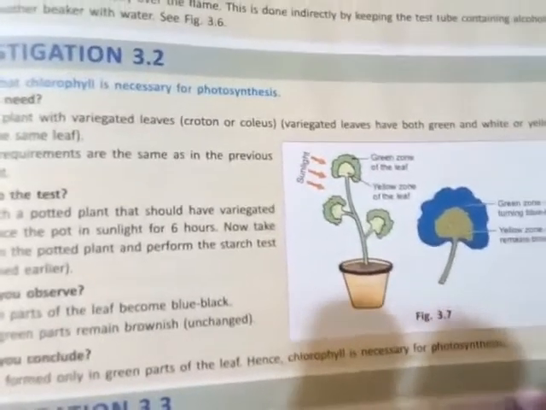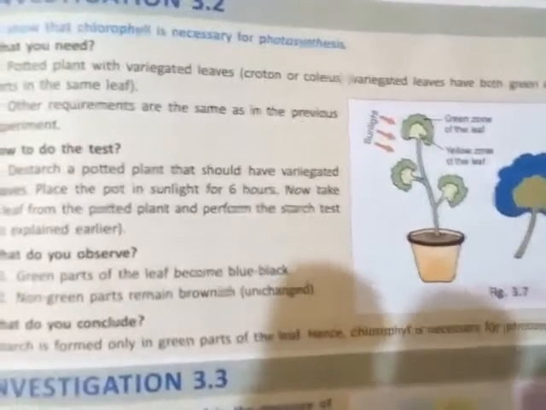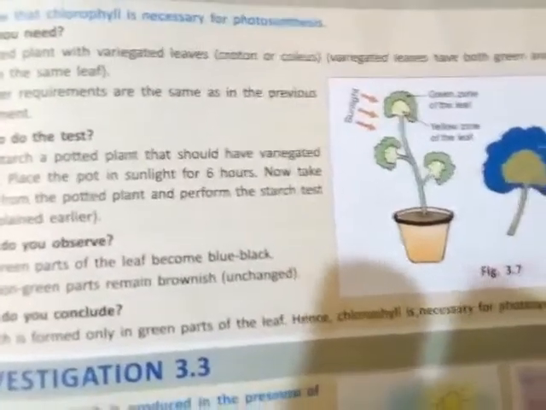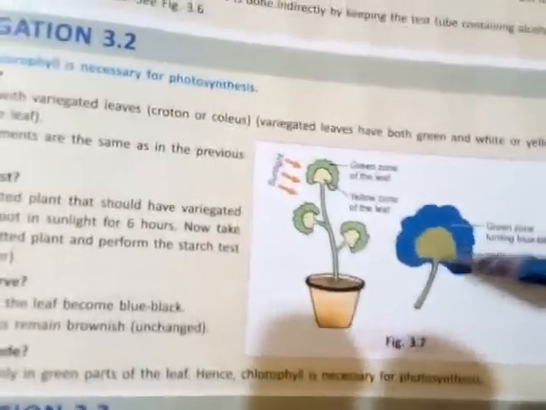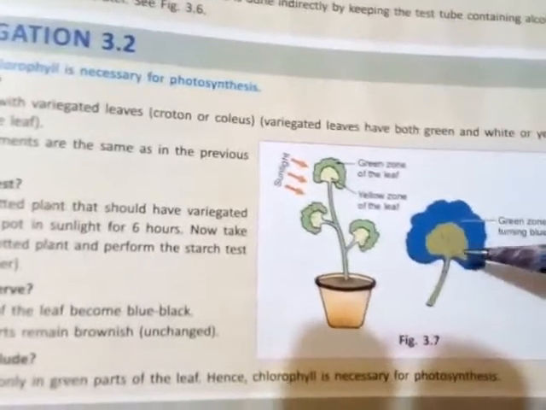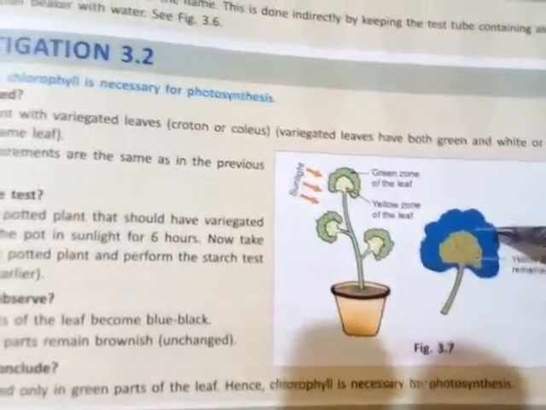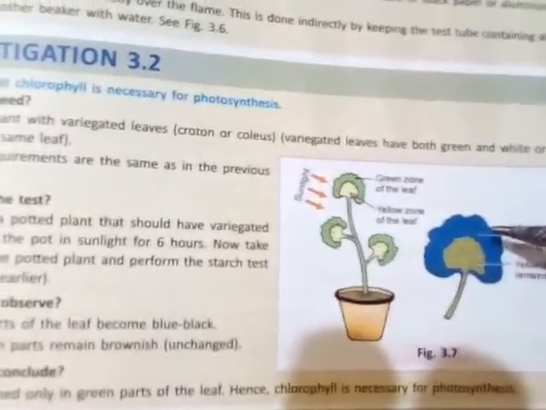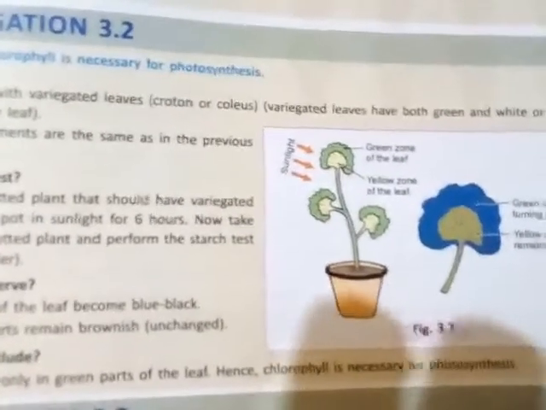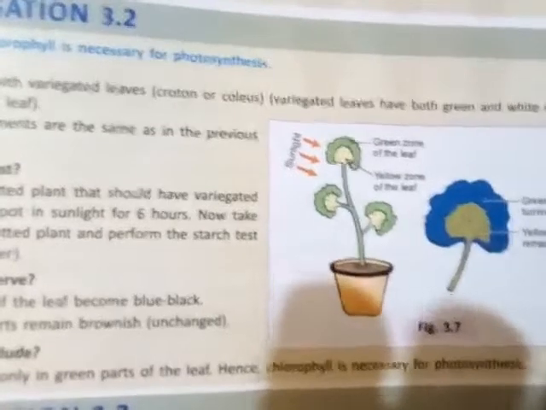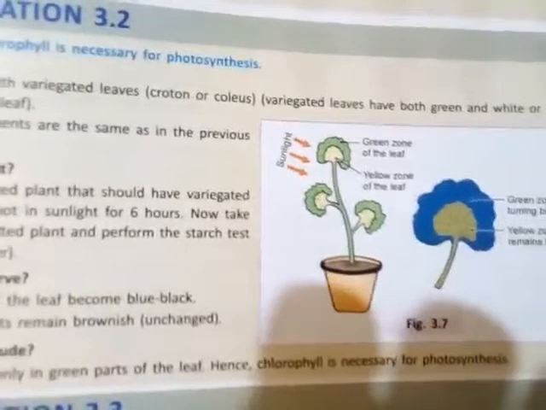So again, you have to do these tests with the iodine solution. Again you take iodine solution and test it, and we get the negative result, or brown color solution. If the brown color is present, at that time photosynthesis will not occur. But in the green portions, where chlorophyll is present, whenever you add the iodine solution, the green portions turn blue-black. That means